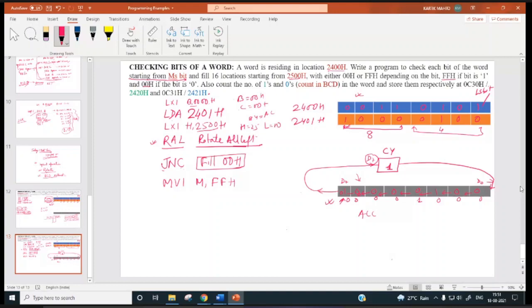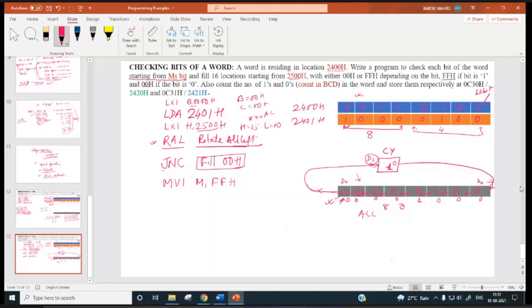Now rotate all left is going to rotate 80, which is in the accumulator, through this carry. So initially carry is suppose 0. Carry 0 or 1, no matter, because we are checking this. So this D7 is going to carry flag. So not a problem.